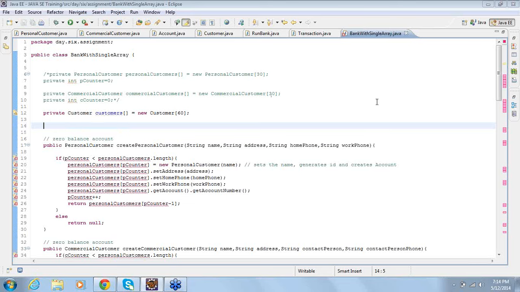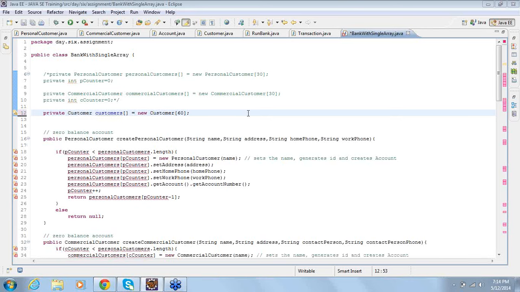So in an array we have to limit the size. There is no option when it comes to arrays. You have to fix the size of the array. And if we are incrementing the counter, right? Yes, but the counter will not help to increase the array. The thing is, you can increment this counter only up to the size you specified here. If you try to go beyond it, if you try to reach 61, then there will be an exception called ArrayIndexOutOfBoundsException.